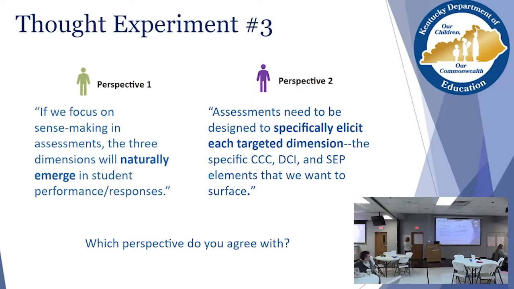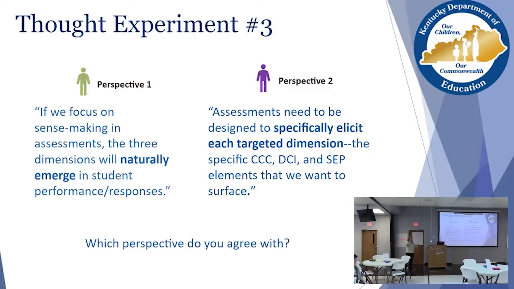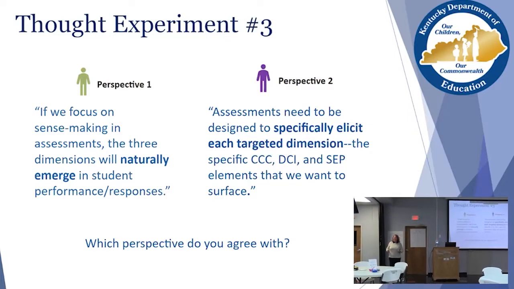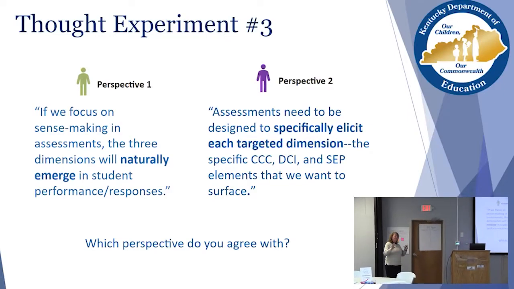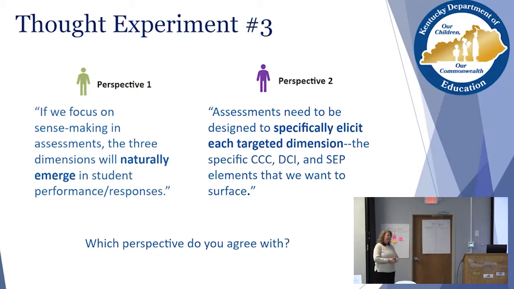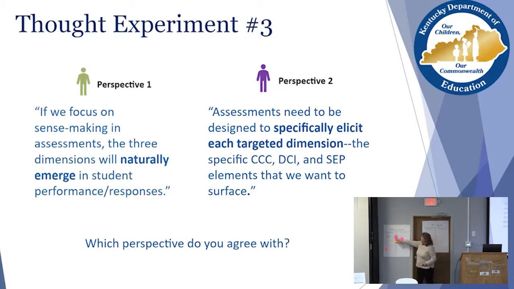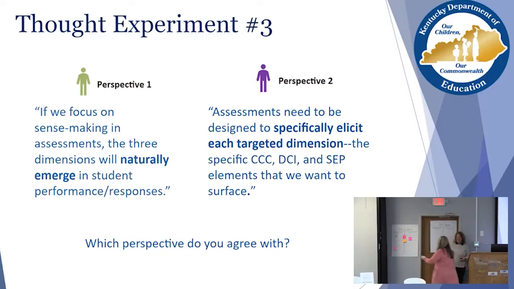In the middle, another middle. Okay, this one had a little bit greater variety going on. So let me stand over here. So we still have a fair number on perspective 1, which is talking about natural emergence. Come on in. We want all the data we can get. So I had 2 more ones. 2 more ones. All right.